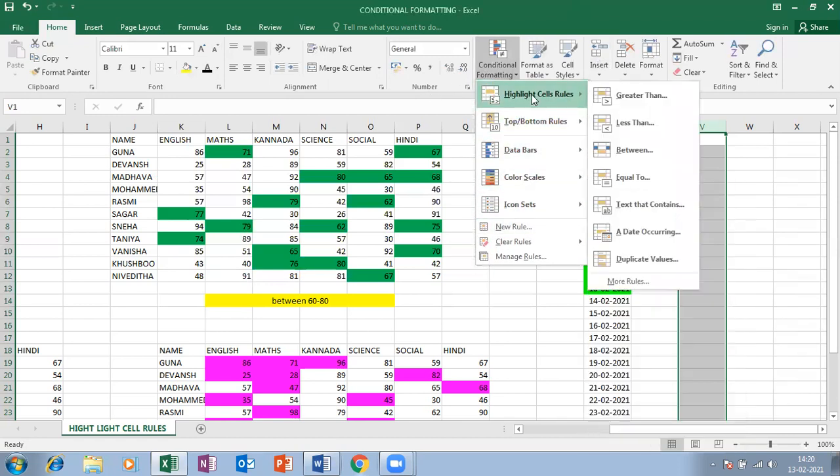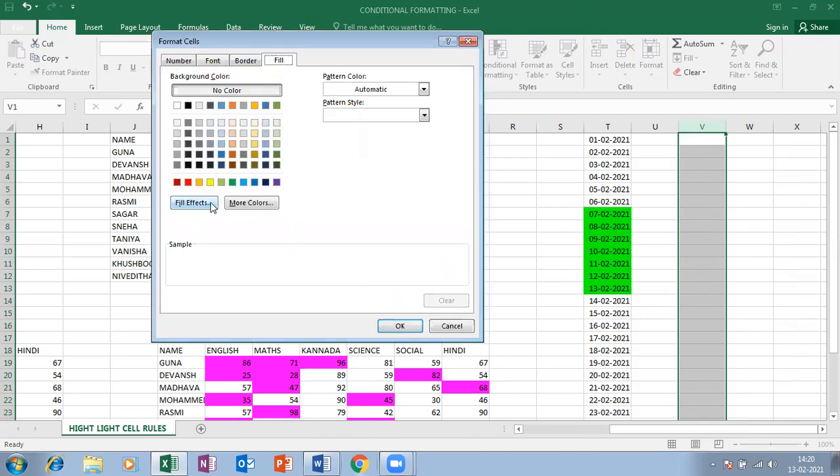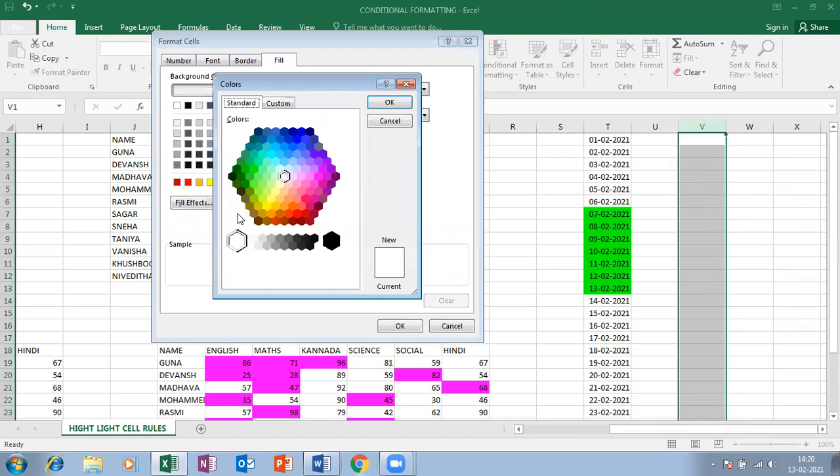Again, text that contains, present, custom format, more colors, present is green.